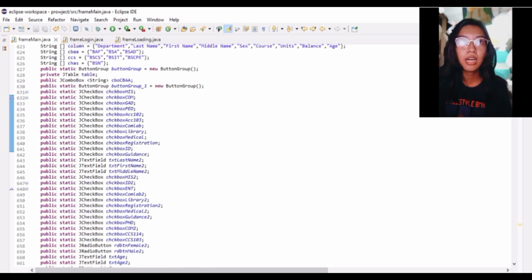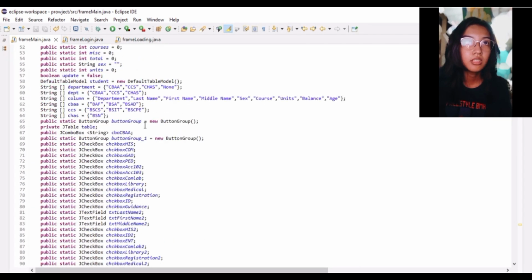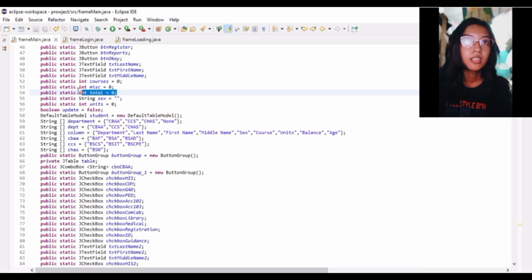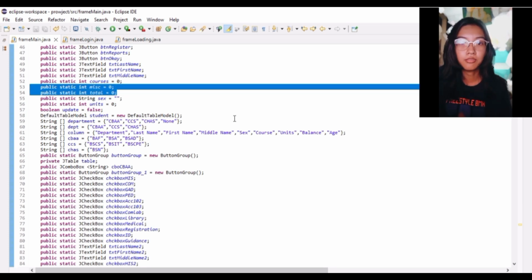You can see at the start of the program that the miscellaneous and total integer variables were initialized to 0.